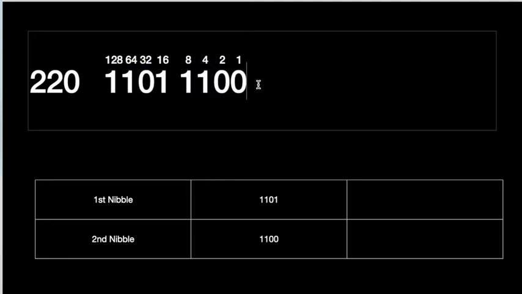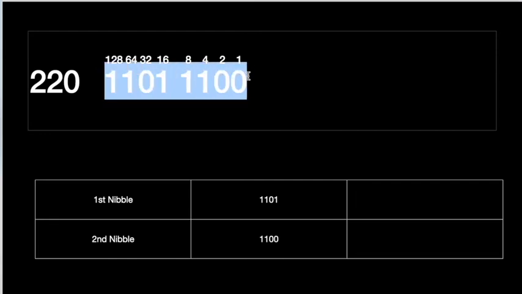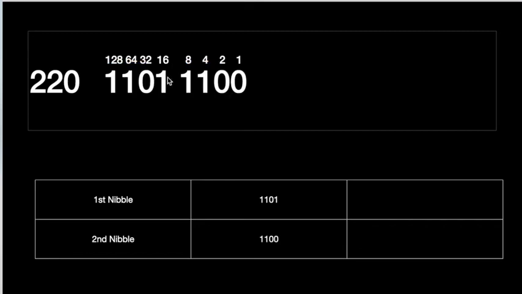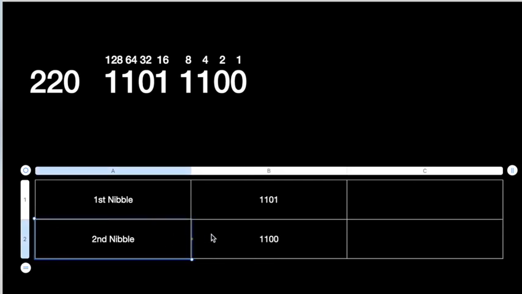Now I want to find out the hex of this particular decimal, that is 220. As I can find out binary very easily, that is orally, I have found it out. And then this binary, together it's one byte, which is made of two nibbles. So I'm going to distribute it into first nibble and second nibble. So from our left-hand side, the first nibble is 1101, and the second nibble is 1100.